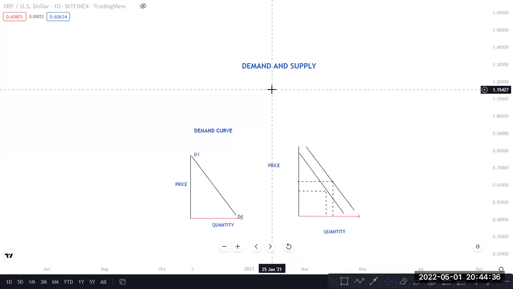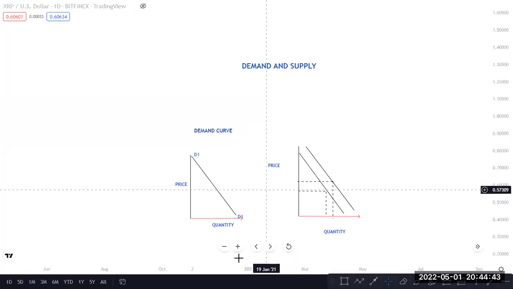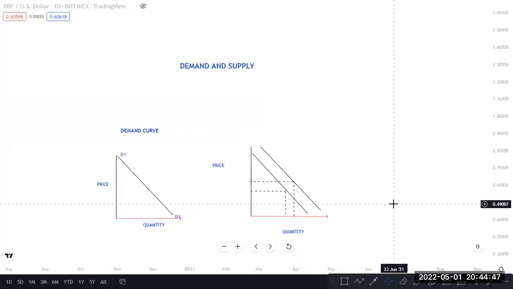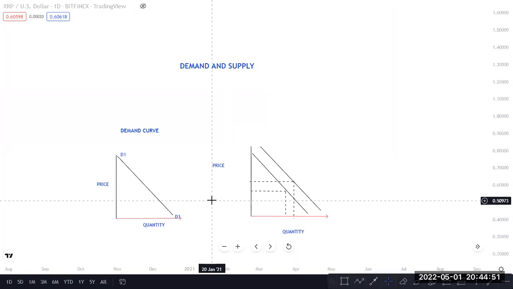So we'll just jump straight into the demand curve. According to demand, I don't know if I'm too quick, but I'll ask questions as we go much in depth in this demand and supply. Okay. So we have the demand curve. So the law of demand states that the higher the price, the lower the demand.